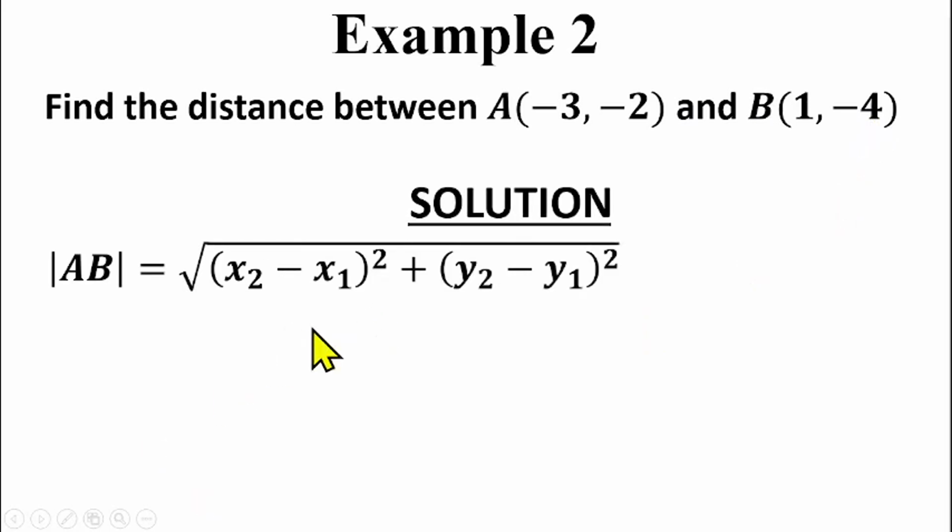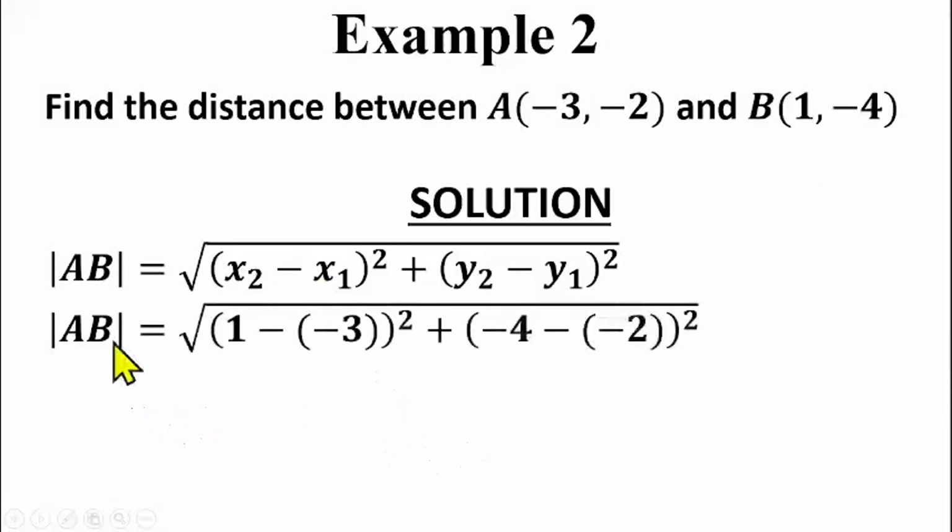So we need to remember the formula for finding the distance between 2 points. That will be square root of x2 minus x1 squared plus y2 minus y1 squared as well. So from the first coordinate, you get your x1, y1, x2, y2, and if you substitute that into this formula, you'll be having distance AB equals square root of x2 is 1, so you have 1 minus